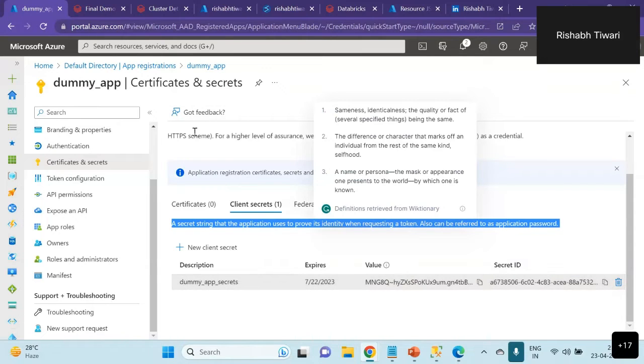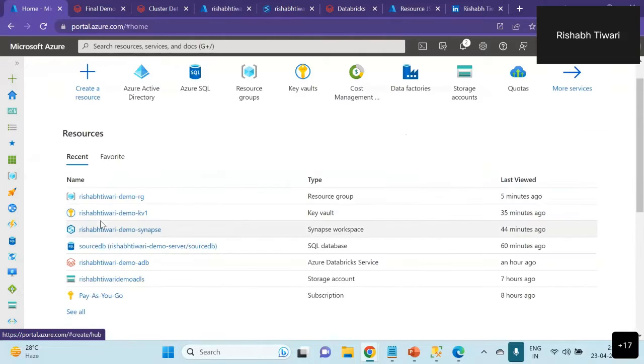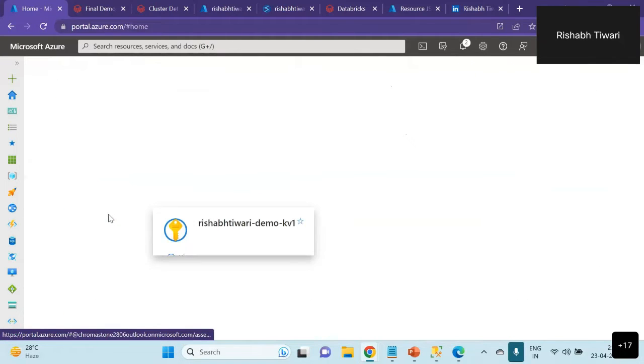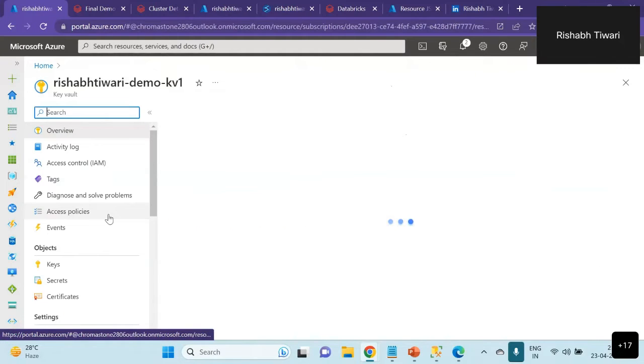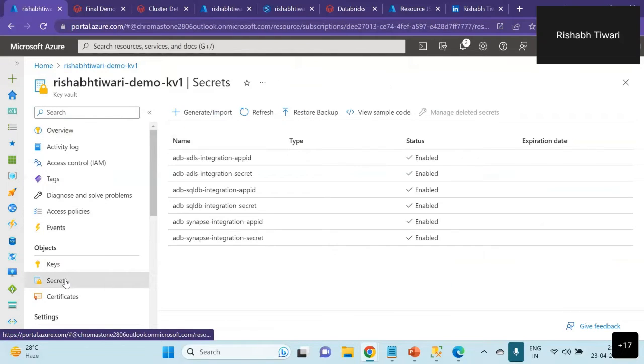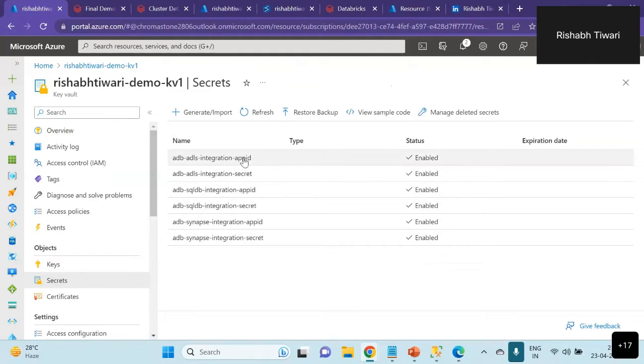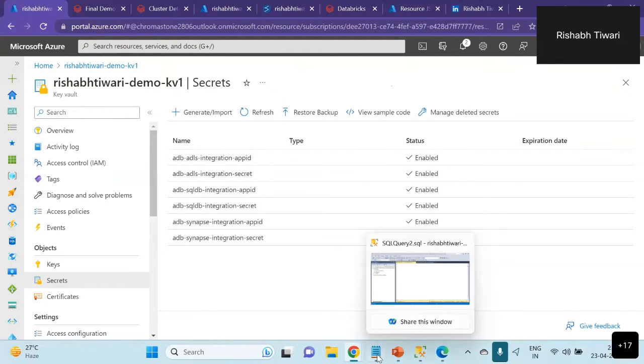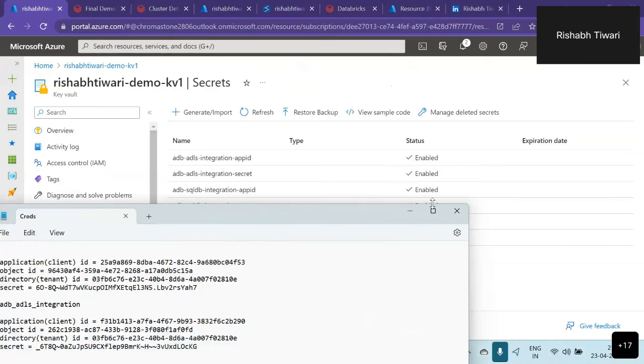So once you create the username and password, now you have to keep it somewhere safe. For that, we have something known as Key Vault. You can create a key vault, and in the key vault, you just have to go to secrets. And if you see, I have created 6 secrets. As you can see, the name itself suggests this is the app ID. So app ID means this particular application ID,